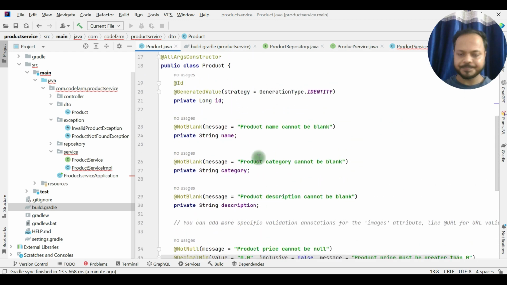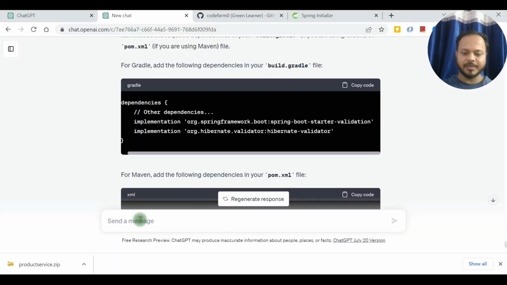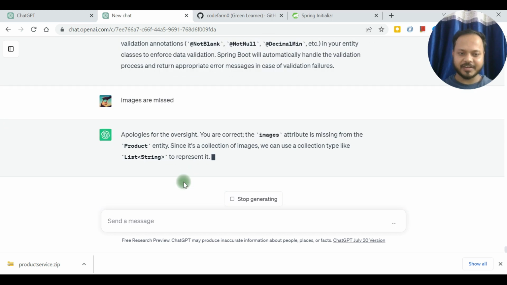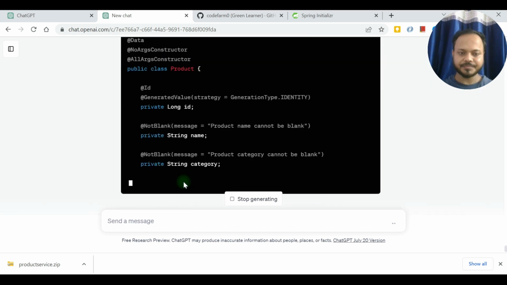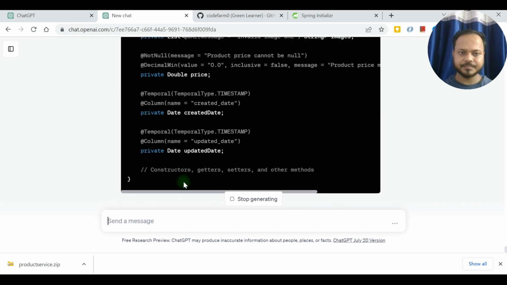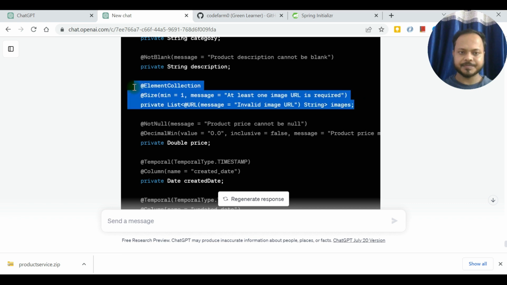So maybe while recreating it, it missed that one, so I can ask it, images are missed. So English you can correct, I'm just giving it. Okay, list at URL this images. Okay,